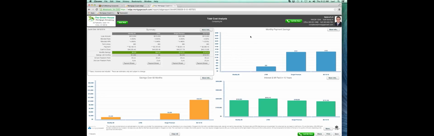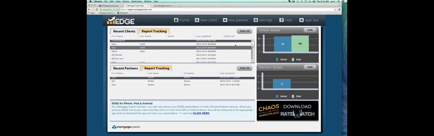If not, we're going to work with the app, so it gives us a little bit more information here. So with, let's go back. Let's log into Edge. Have your Edge account open, and let's go ahead and log in. So you'll see that I have the report when we log in. It's comparing MI. This is the last time I had touched it, and this is the one I want to